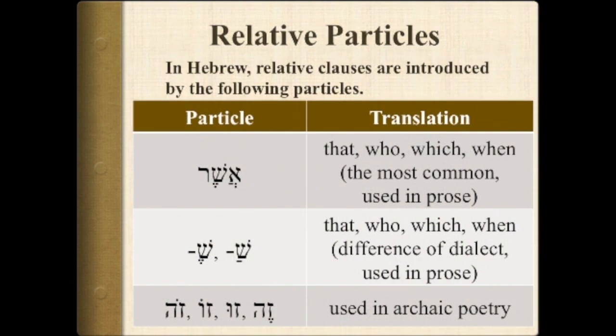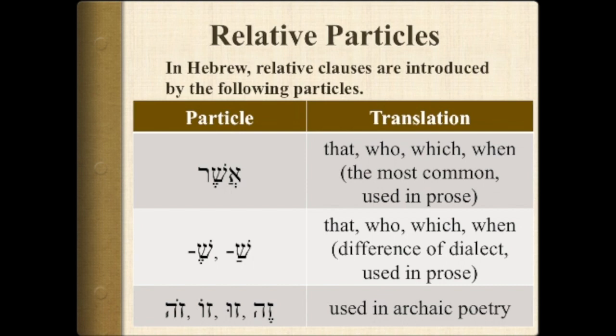In Hebrew, relative clauses are introduced by the following particles. Now, they don't vary as much in Hebrew, so each one of these can have numerous meanings depending on context. So asher is the most common one used in prose. It's found all over the place, and it's probably the one you want to pay most attention to. It can mean that, who, which, when, and it has another